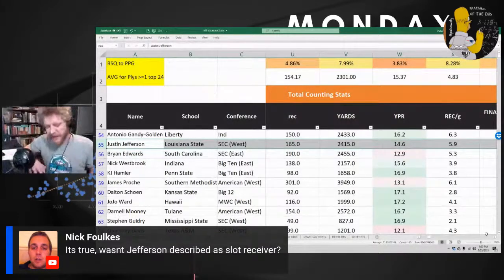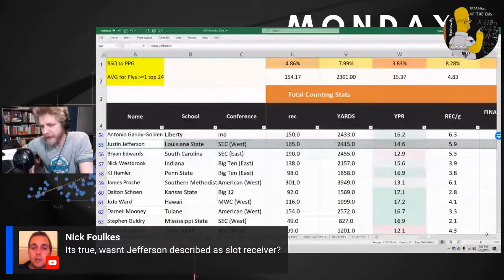I think that's a really interesting point, though, Mike, because I think that might be missed, that yards per reception isn't inherently good or bad. Ted Ginn has a huge yards per reception, but that's not inherently good compared to, like we were saying, Justin Jefferson or even JuJu Smith-Schuster, who's never had a 10 ADOT as far as I know.